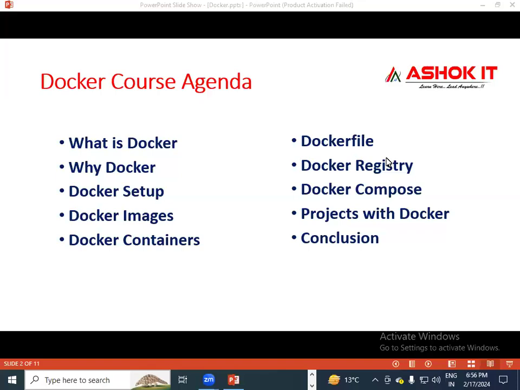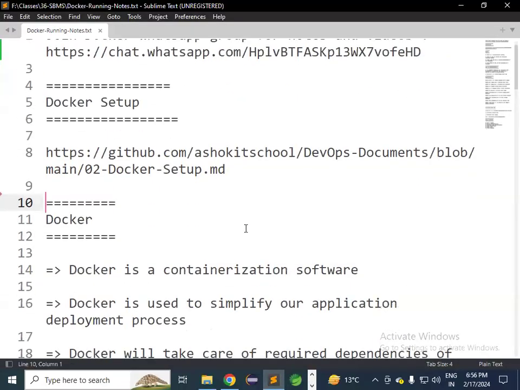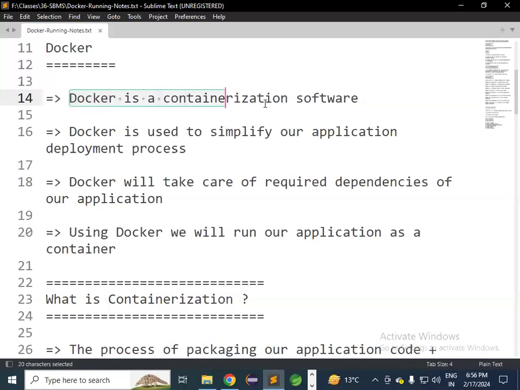So in the last session, we discussed what is Docker, why we need to go for Docker, how to set up Docker software in the Linux machine, what is Docker image, what is Docker container, and what is Docker architecture. So can you tell me what is Docker? Docker is a containerization software which is used to simplify our application deployment process in multiple